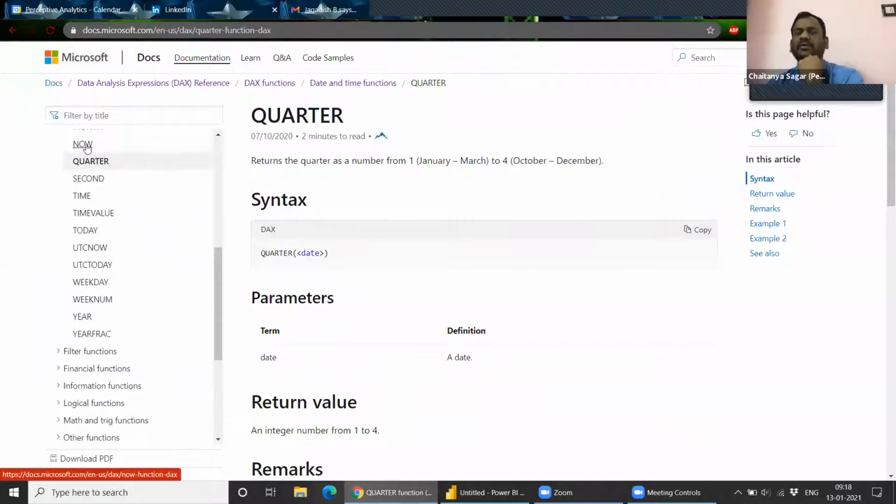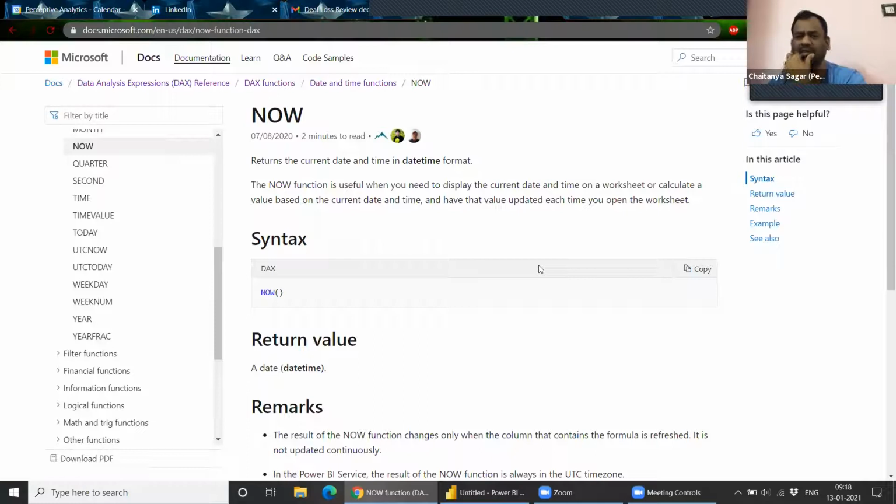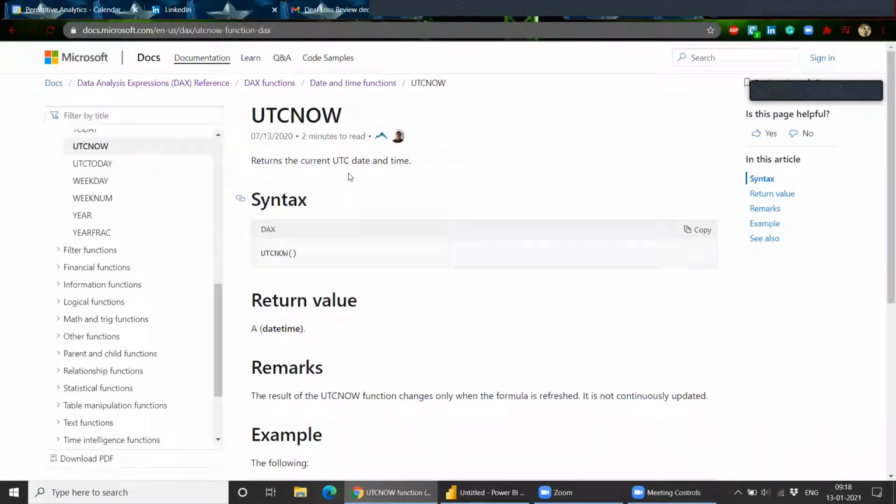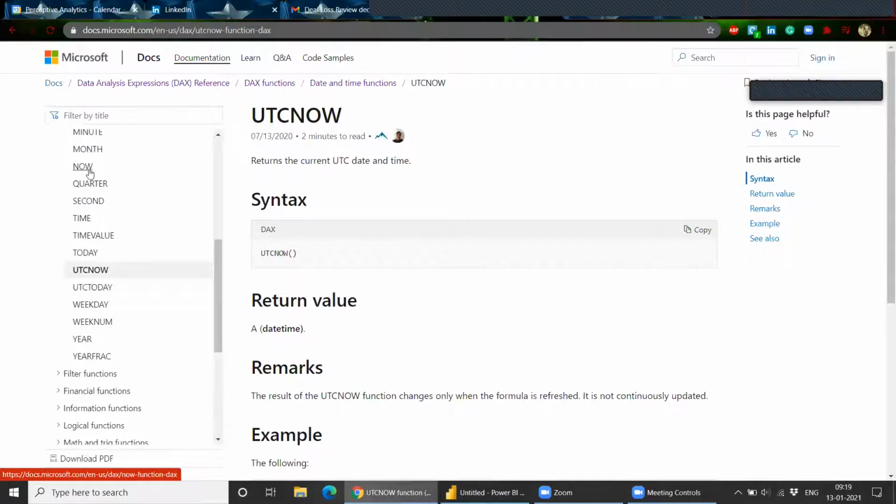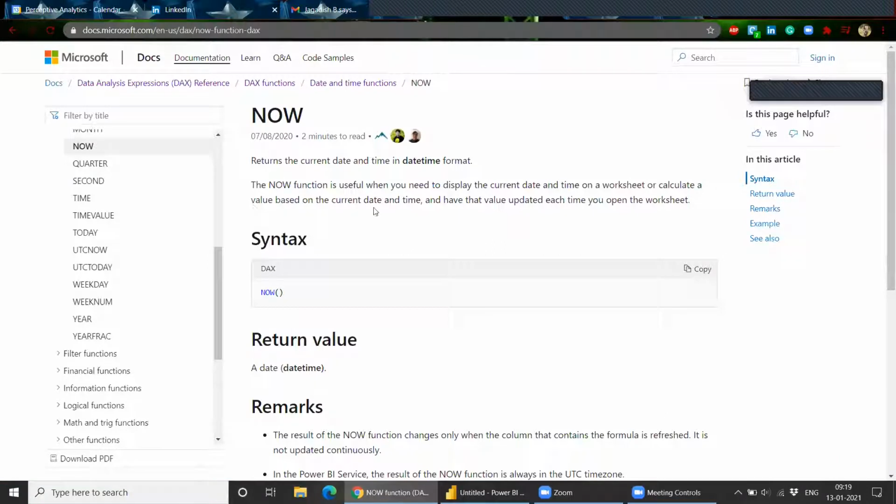Just a quick question here. Let's say I'm not so sure how the auto refresh thing works, right? So there should be an auto refresh feature somewhere in Power BI, is that correct? Yeah, you can schedule your refresh. And I would assume that when the refresh is done, then it would auto refresh to the current date and time, right? Yeah. In the refresh, it will automatically, but we have another one, that UTC now. So this UTC now works only on refresh or auto refresh. But let's say you close your file and you open it after 5 or 10 minutes. So this now function will take the gap of that as well. So after 5 minutes you have opened, it will show you the correct time.